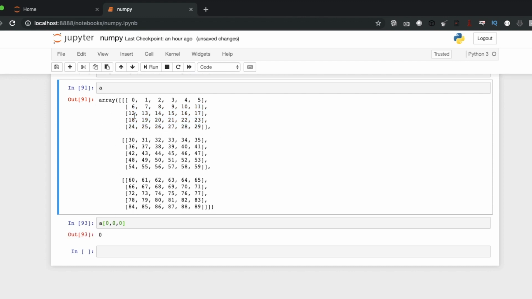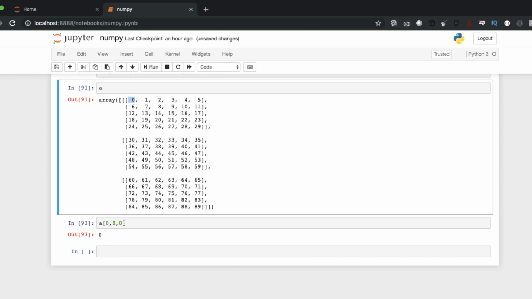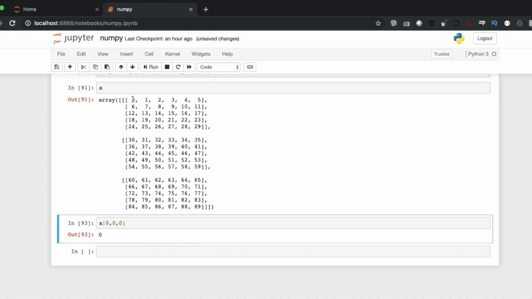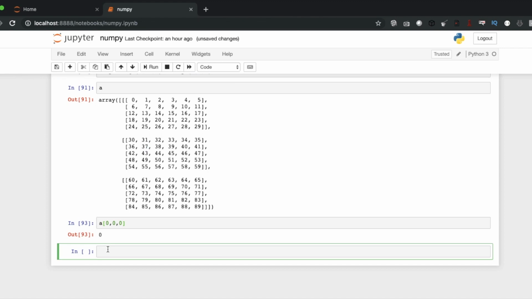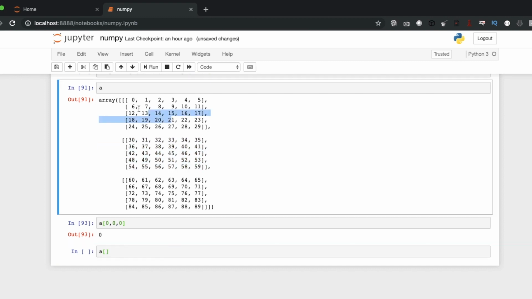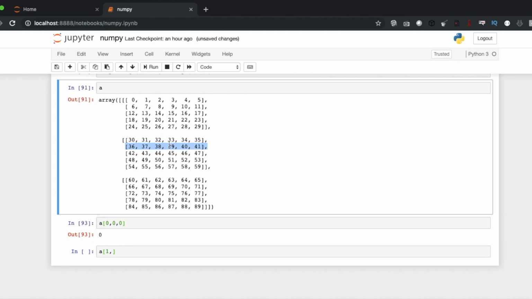Then we count row wise, 0 means 0 here. Then we again go column wise, axis wise, our last axis 0. So for example, if you want to get this 37, what will be our index? This is the first array, so first is 1. Then this is in the second row of this array, so it will be 1.